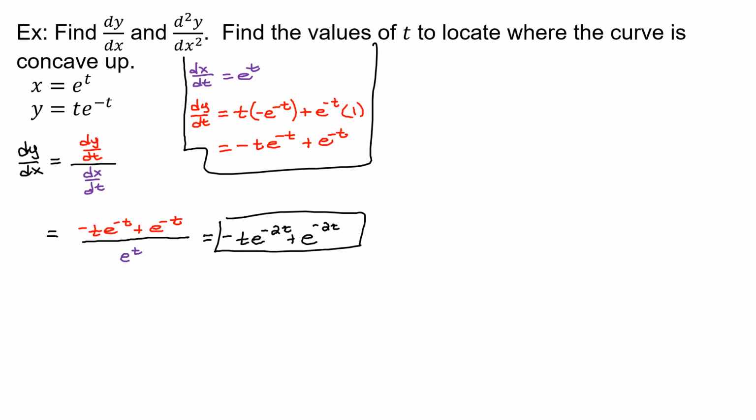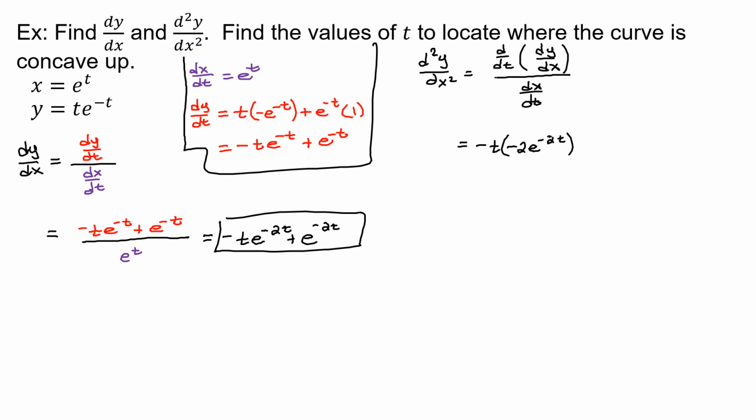It asks you to find the second derivative as well. Now, one reason I wanted to combine those together was because for your second derivative, you have to take the derivative of the first derivative, and so that's why I went ahead and did that. So your d squared y over dx squared, your second derivative, is the derivative of the first derivative, dy dx, with respect to t, divided by dx dt again. So I have to take the derivative of this thing that I just found with respect to t. So that first part, the negative t e to the negative 2t, that is a product rule. So I would do the first one times the derivative of the second, which is negative 2 e to the negative 2t,